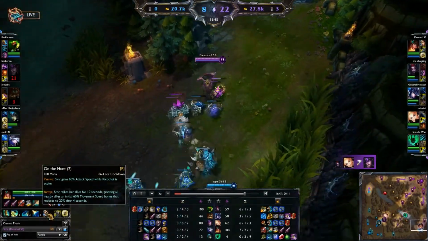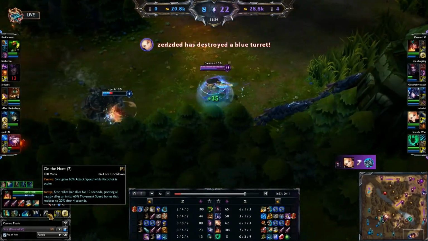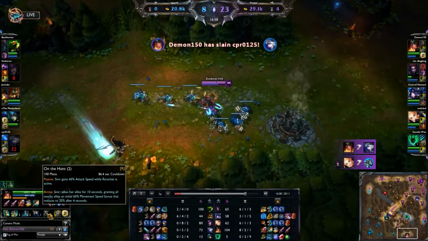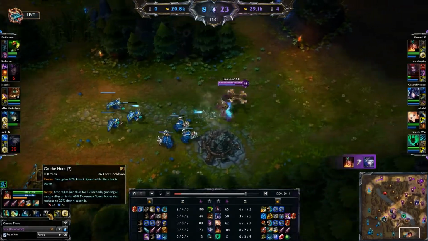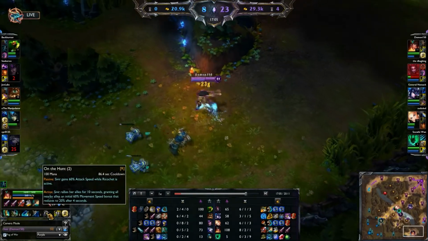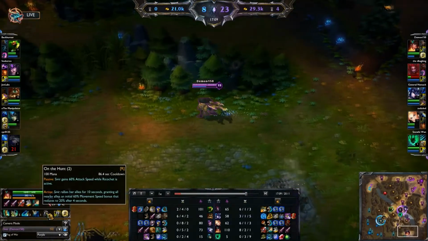Okay, so it lasts 4 seconds. Previously, I believe what it did was it granted movement speed and attack speed to all allies. Now what they did is they shifted the attack speed to her W, and they made that kind of a selfish stat. But then they made the movement speed even greater, if I'm not mistaken, and I think the cooldown is reduced as